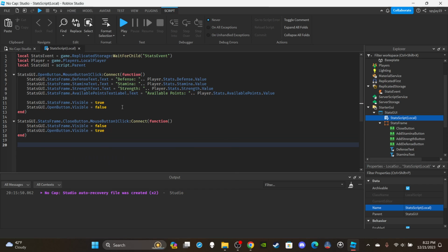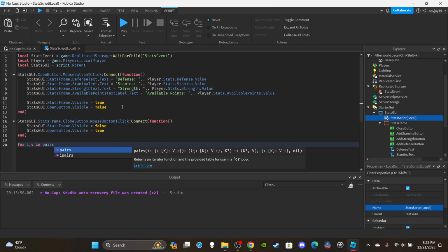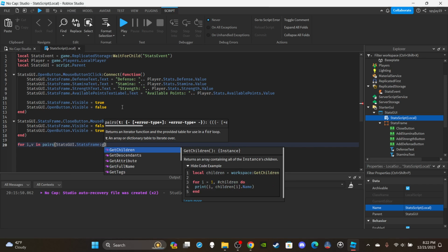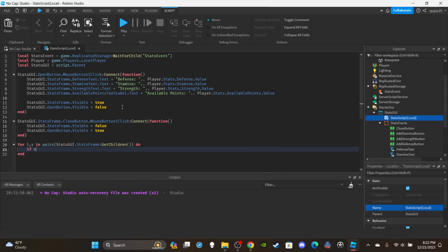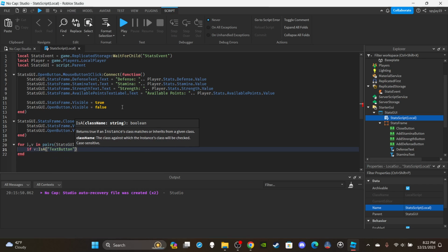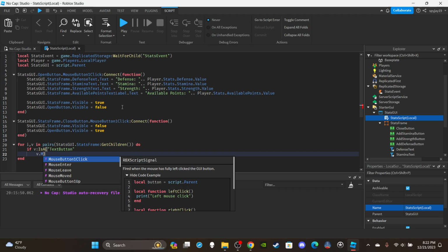Then we're going to set up a for loop. This is for when a player is trying to increase their stats. It's going to fire their mode event to the server, I should say. So I'm going to say for i, v in pairs, statsGUI.StatsFrame:GetChildren(), enter. I'm going to say if v is a TextButton, right? Enter. Then I'm going to say v.MouseButton1